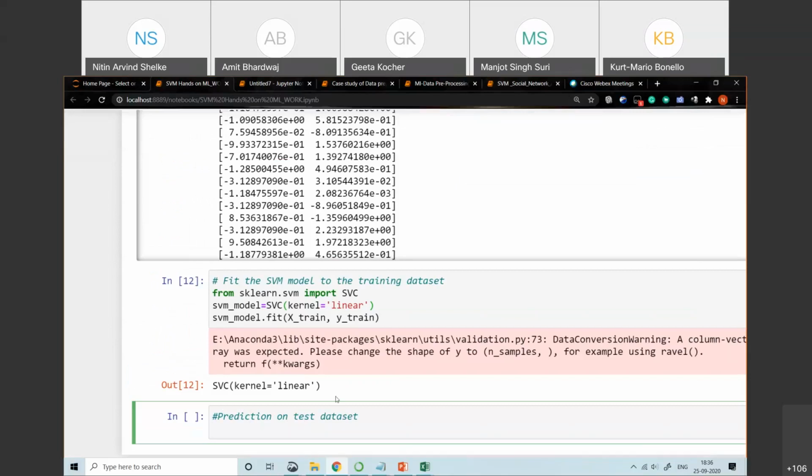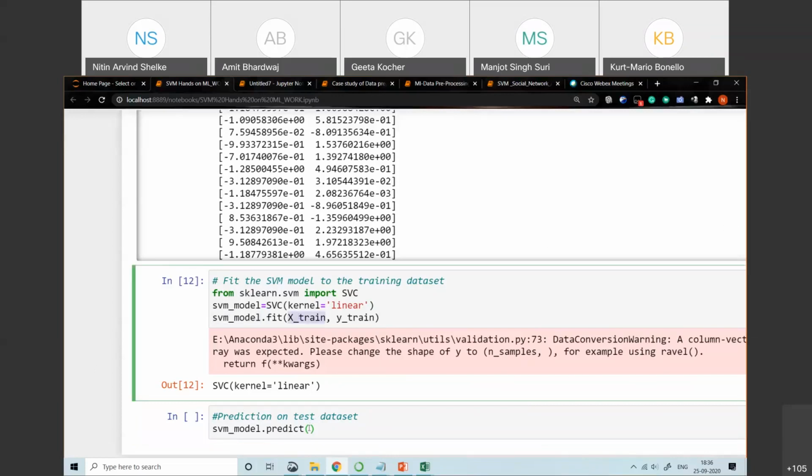We use the dot predict method. So SVM model dot predict, in which we will pass your testing data set, X test, and whatever output we get is your Y pred.